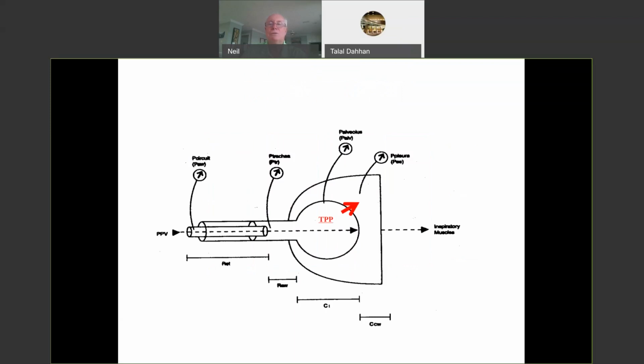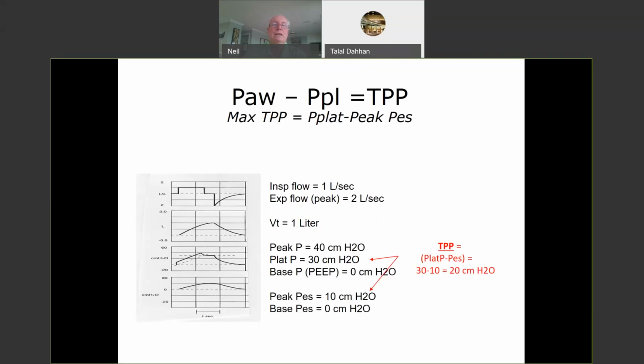So again, the key measurement we're looking for is the transpulmonary pressure, the pressure across the alveolar structures. And it's that plateau pressure minus whatever is in the pleural space, which again, we can only estimate or guess at the present time. Here are displayed graphics of flow, volume, airway pressure, and esophageal pressure. I'm showing you esophageal pressure because that's a rough estimate of what the pleural pressure is. We don't routinely put pleural pressure catheters in, but if we were to, this is what it would look like